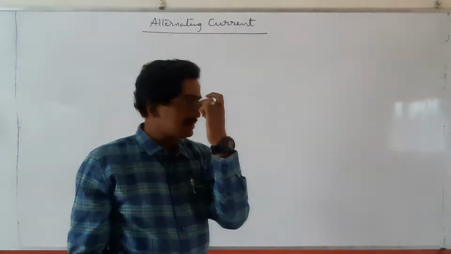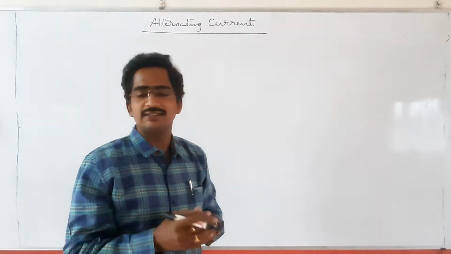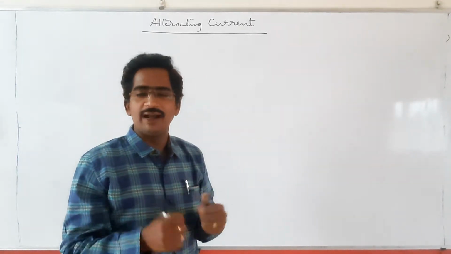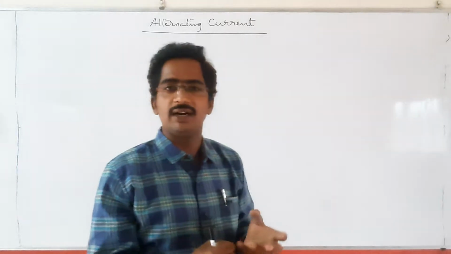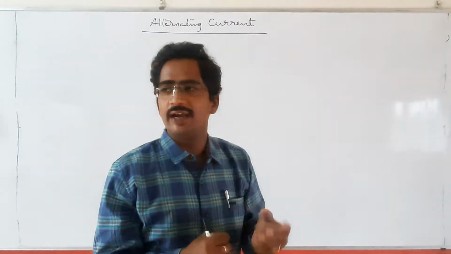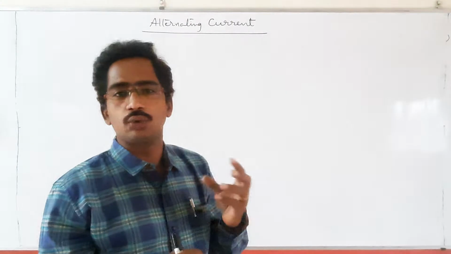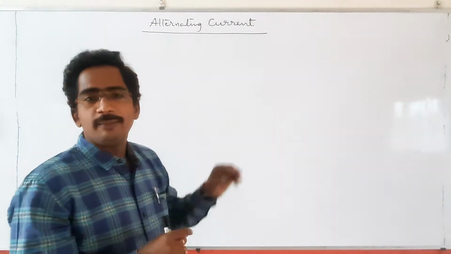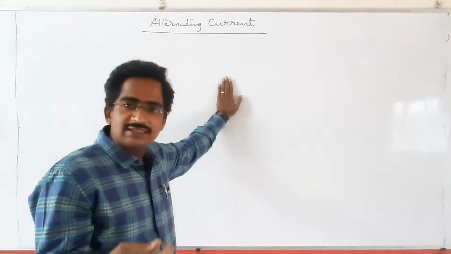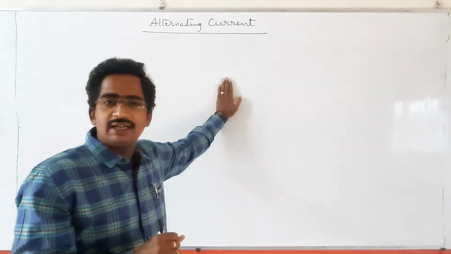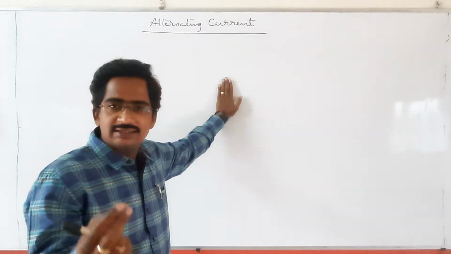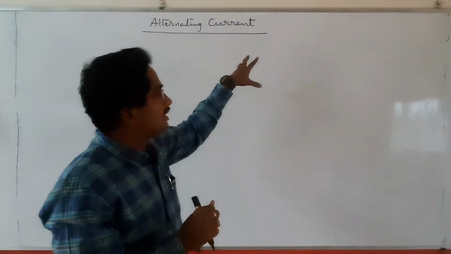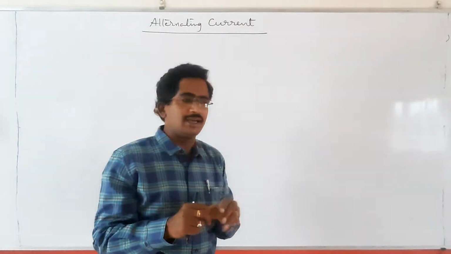In the last class we completed DC circuits, that is LCR circuits, and you studied well about inductor, capacitor, resistor and their properties and how they behave while DC is passing through them. Similarly, here we are going to study the behavior of inductor, resistor and capacitor, and their combinations, while passing through alternating current. But before going into that, first of all you have to know about current.